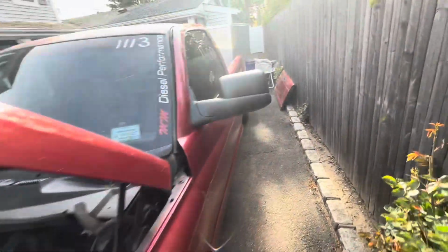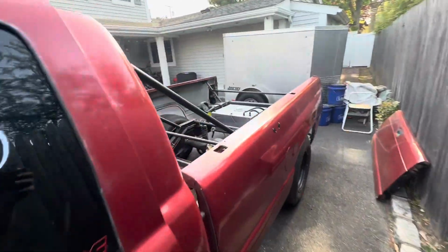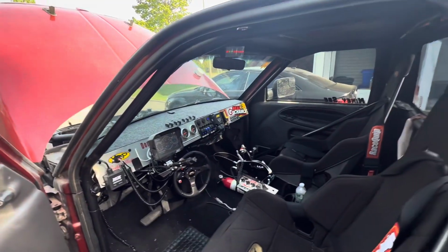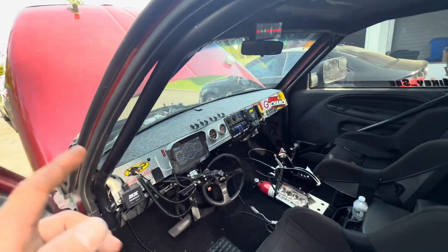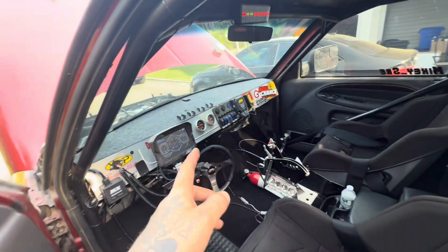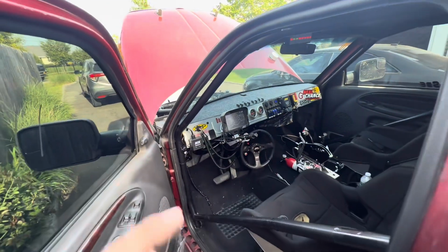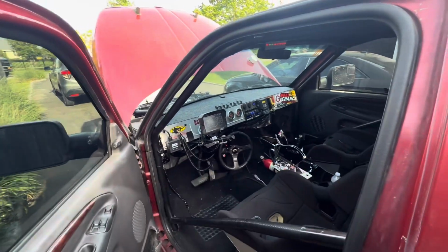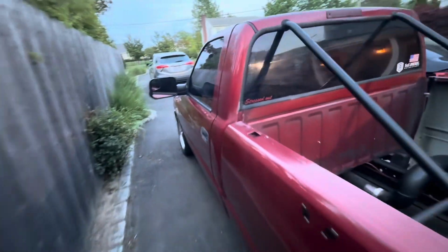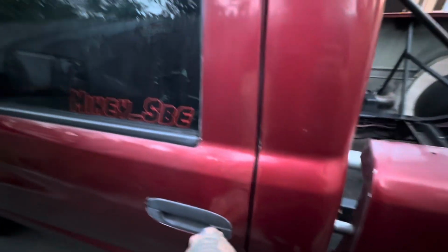Now the ultimate test is gonna be when it sits for a day and if it has a hard start. So what I'll do is I'll come back tomorrow and I'll do another update on it. So I'm just gonna cut this scene right here and go to the next scene and you'll see the real deal tomorrow. All right, roughly 2.5 hours later, we're gonna try this. I know I said next day, but